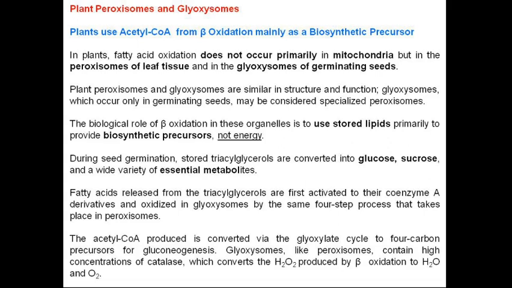Peroxisomes were actually discovered in the leaf only. So the organelles present in leaf cells are called peroxisomes. When these peroxisomes are present in the germinating seed, they are called glyoxysomes. Whatever acetyl CoA is involved in the glyoxylate cycle generally comes from the beta oxidation